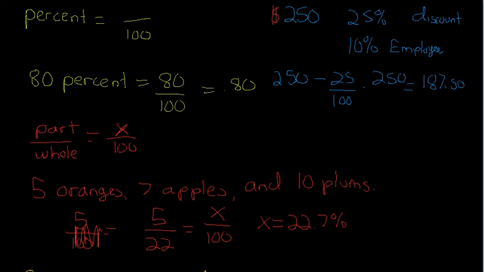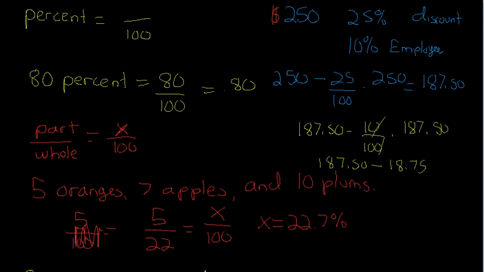So in the next one, my initial cost prior to the 10% discount will be $187.50. And then I'm going to subtract 10% over 100 times 187.50. So that cancels. Decimal place gets moved 1 to the left. So this becomes 18.75, and that's going to give you